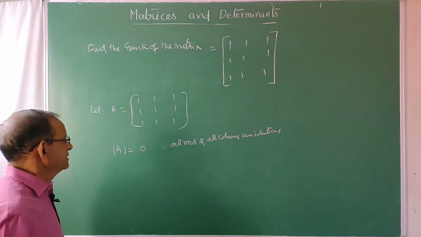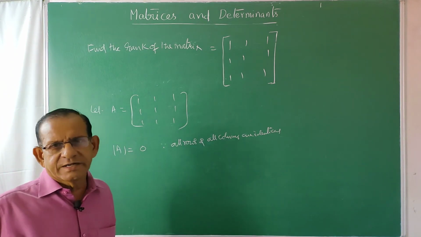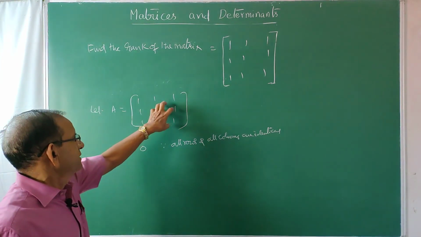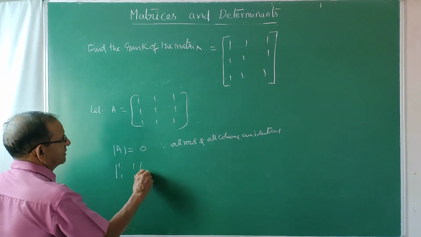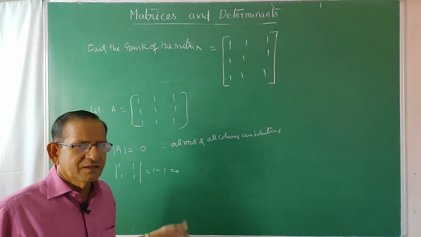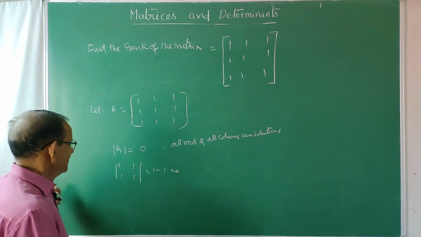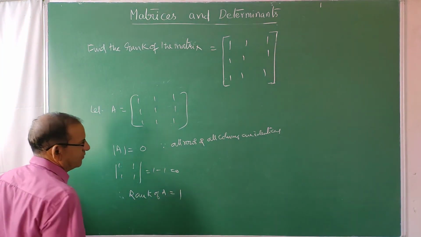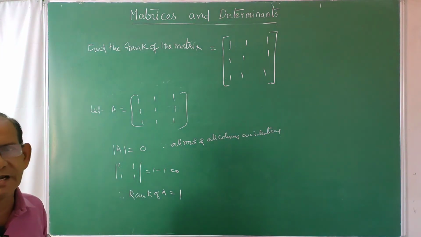So det A is 0, so rank is not 3. If it is not 0, then you can write the rank of that matrix A is 3. But now you take a submatrix, take this corner. So determinant of 1, 1, 1, 1, again it is 1 minus 1, that is also 0. If the second order matrix obtained from this is also 0, then rank is equal to 1 only, because single element determinant is 1 only. So therefore rank of A is equal to 1. Suppose if the second order determinant is not 0, then you have to write the rank as 2.